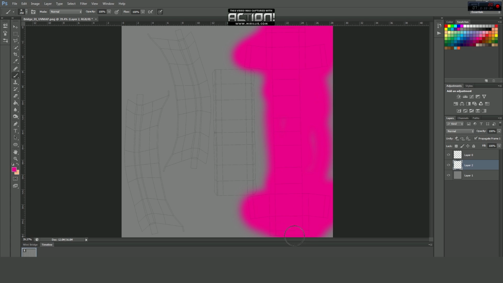And it's important to know which piece is which when you're doing this, because if you don't know where you laid stuff out, you're not going to know what you're painting. Okay, so there's that. This tool over here, the polygonal lasso tool, is really useful when you're doing this kind of stuff, because see how I'm getting a little bit of this edge here? I don't want that, so it's good to come in and